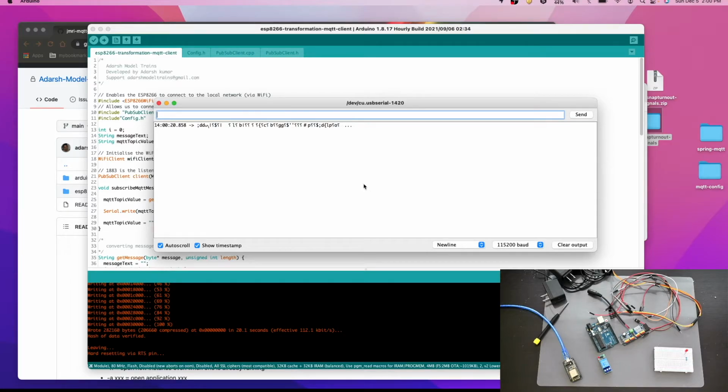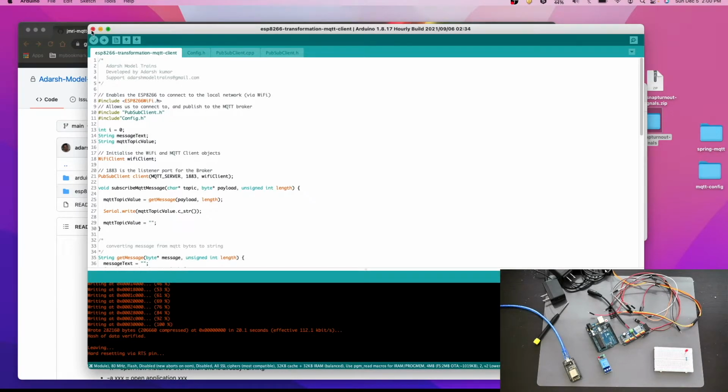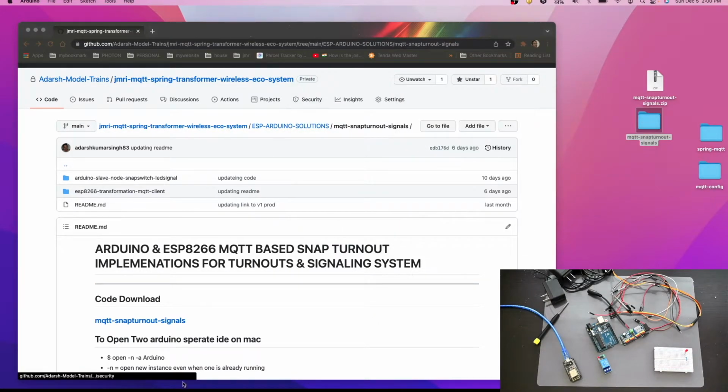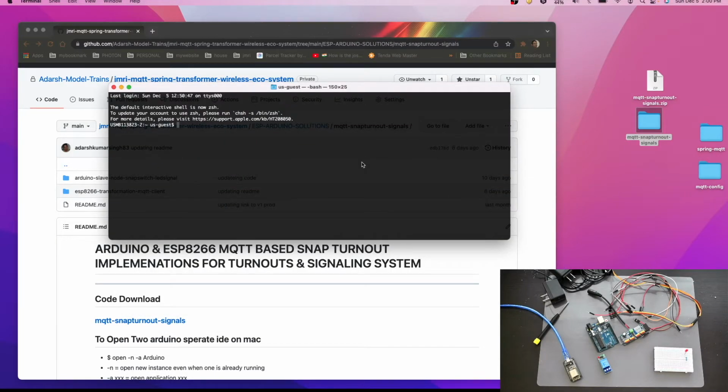So let's see, you should be able to connect to Wi-Fi only, not with the MQTT. Connected to Wi-Fi but not connected to MQTT. Yep. So let's close it because we have not started anything as of now. And after that, what we have to do is, let's go to desktop.